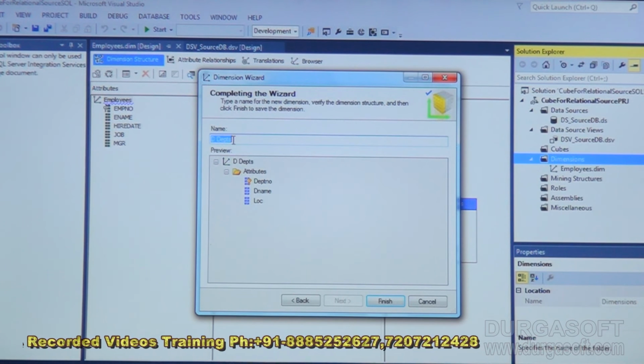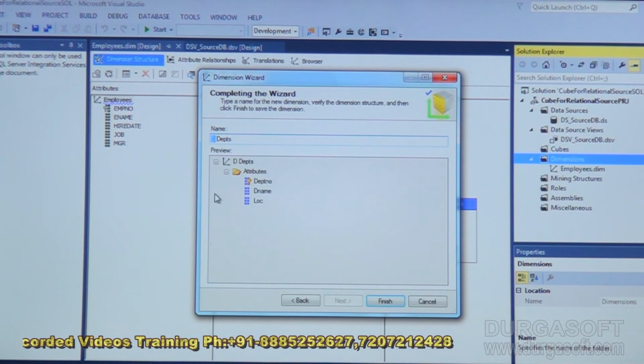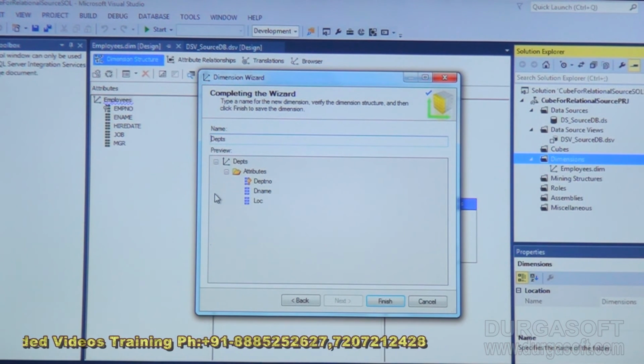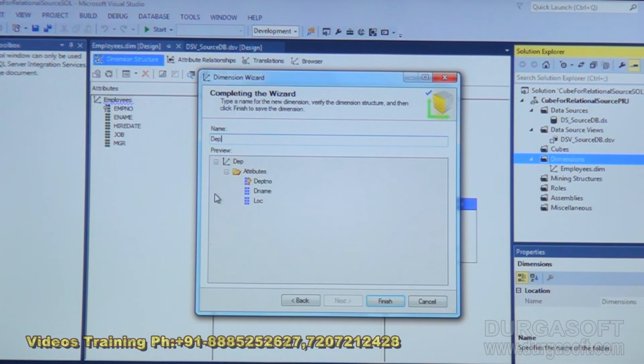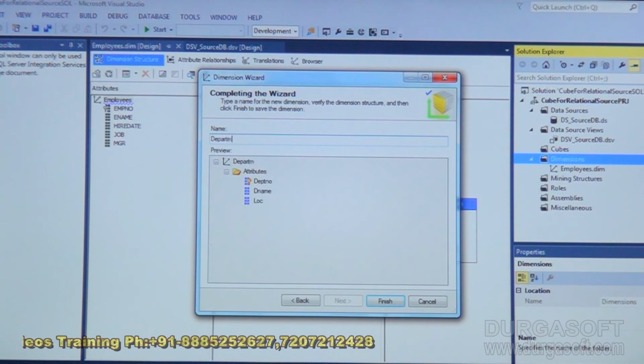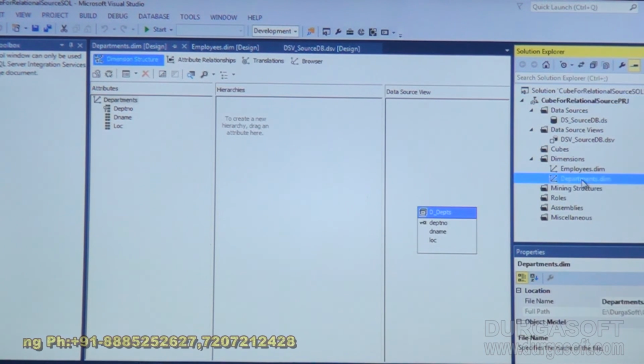Next, and the dimension table I am saying simply DEPTS or departments. Departments I am saying. Click on finish. So it has added one more dimension table. So two dimension tables are there. Even in the second dimension table, if you need a hierarchy, we need to define that. But in this scenario, we are ignoring that hierarchy. Then